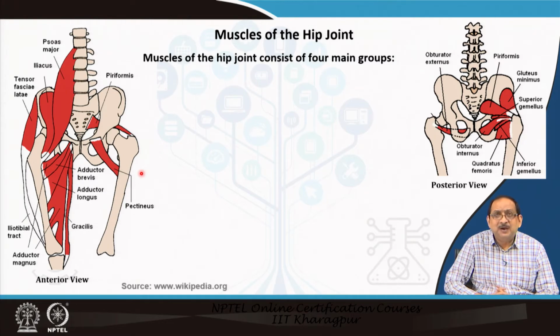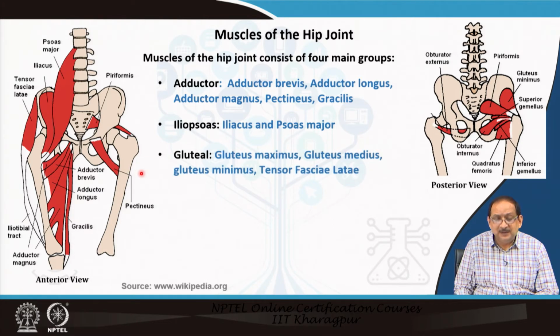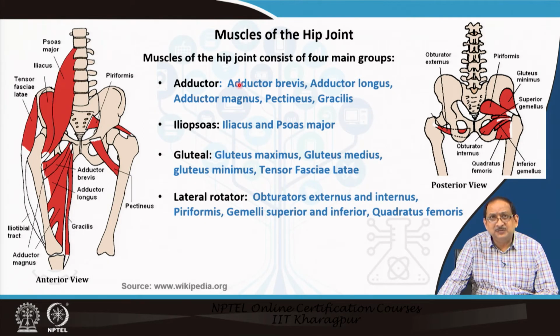Let us now discuss the muscles of the hip joint. The muscles of the hip joint consist mainly of 4 main groups. The 4 main groups are the abductor, iliopsoas, gluteal and lateral rotator. Within the abductor muscles, we have the abductor brevis, abductor longus,